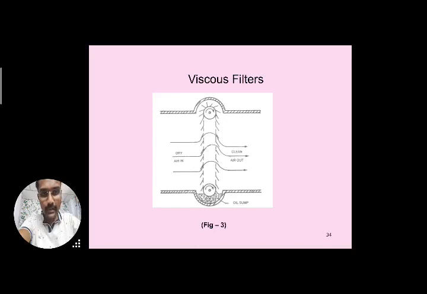So it gets cleaned itself when it is dipped in the oil sump. You can see the pulleys are provided, and these pulleys are getting rotated, over which this rubber belt type of structure is provided. So it is rotating at all times. Now when the dry air enters along with the dust, it will make contact with these pads. Due to its oil nature, whatever dust particles are there will stick onto these viscous filters. Now only the clean air will come out through the other side of the viscous filter.